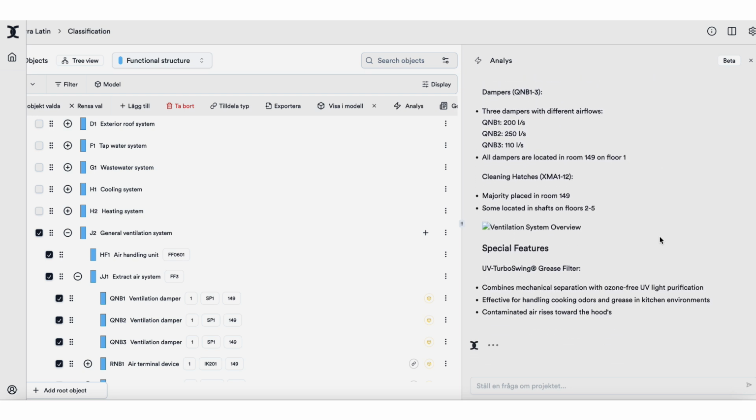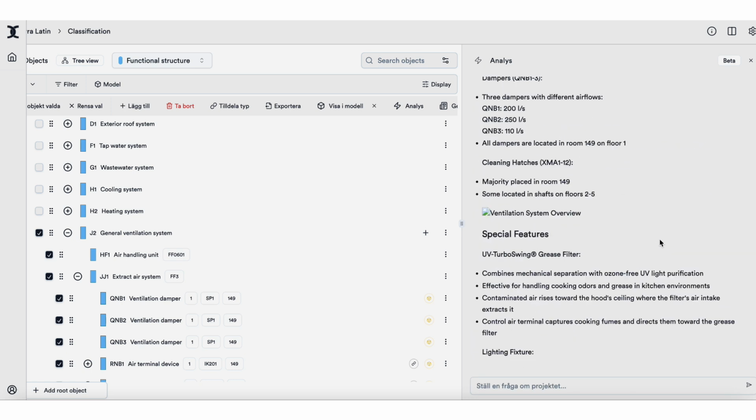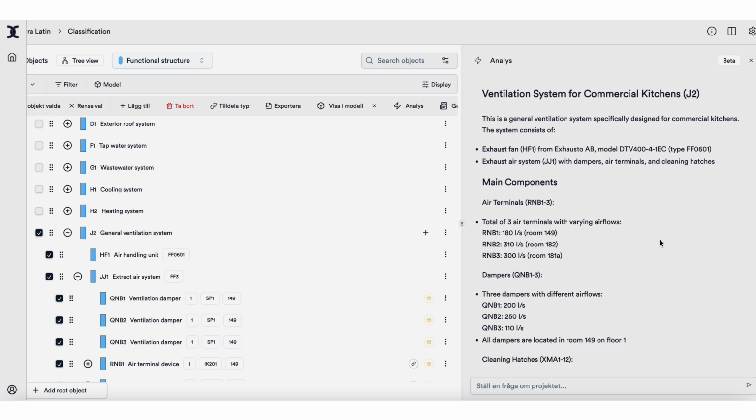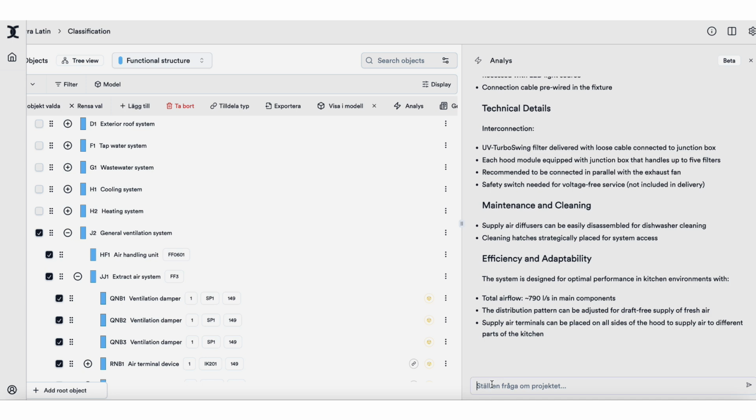Here, we present an example of an analysis of the ventilation system in a commercial kitchen, including all associated components. When maintenance inspections or service actions are being planned, it is easy to pose questions directly to the AI. To demonstrate how seamlessly this works, we'll go through a few examples. First, we ask the question: